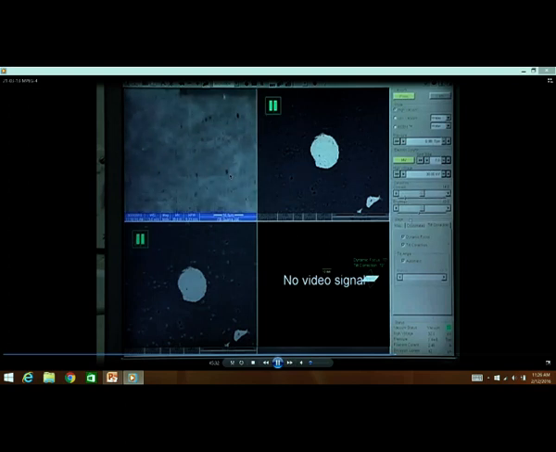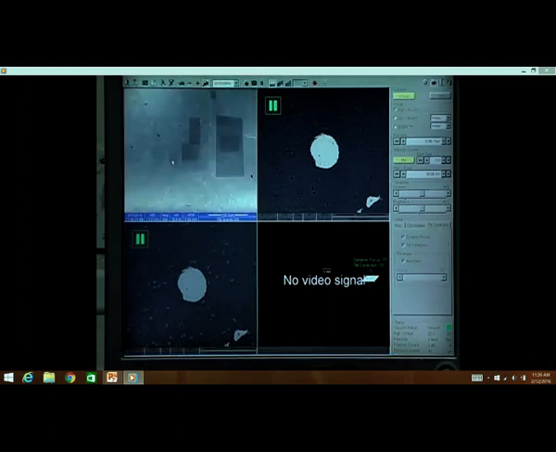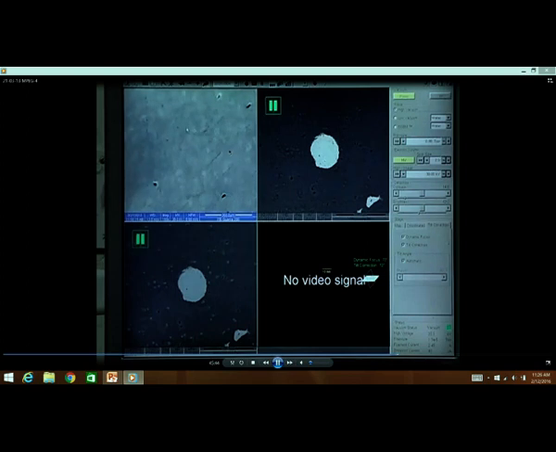So now the secondary electron image is getting focused. You can see that some of the features start appearing.